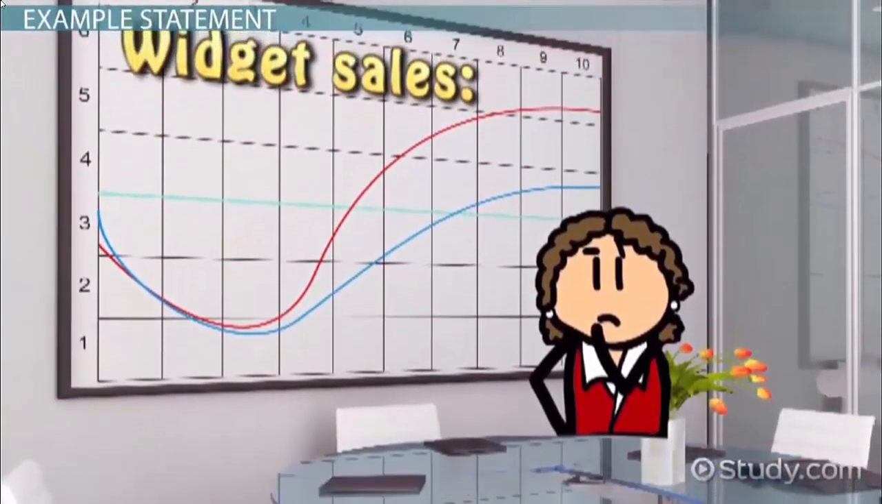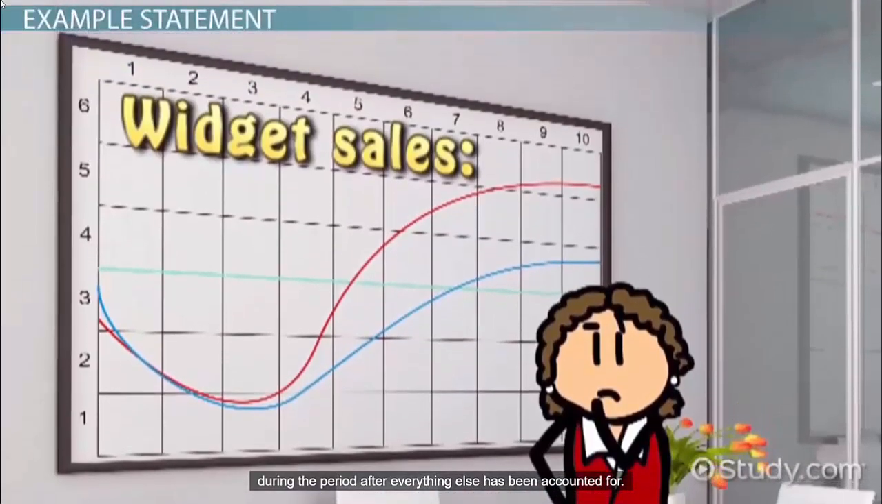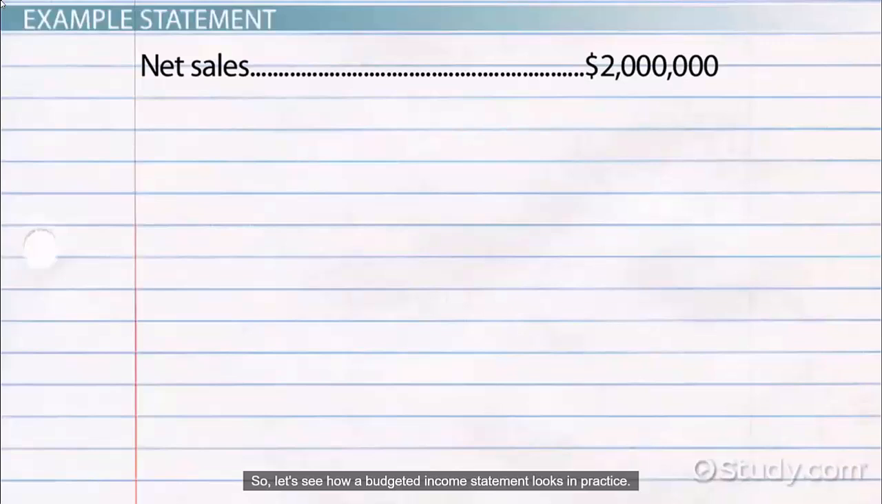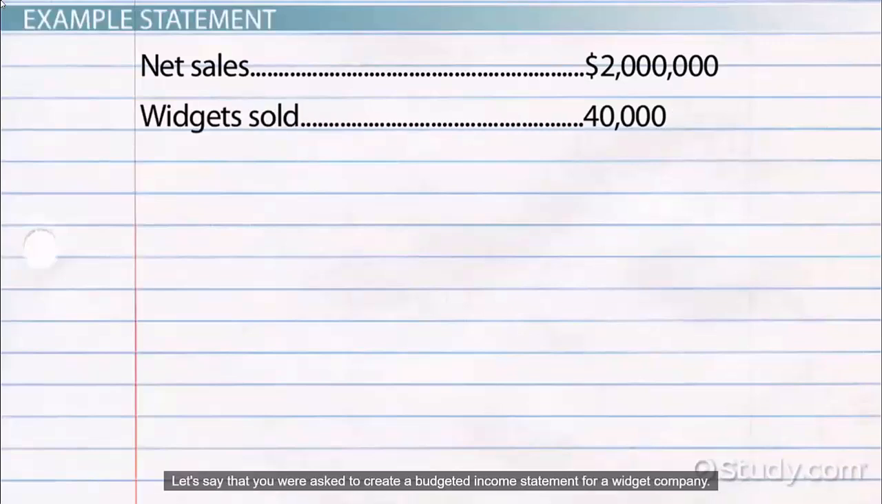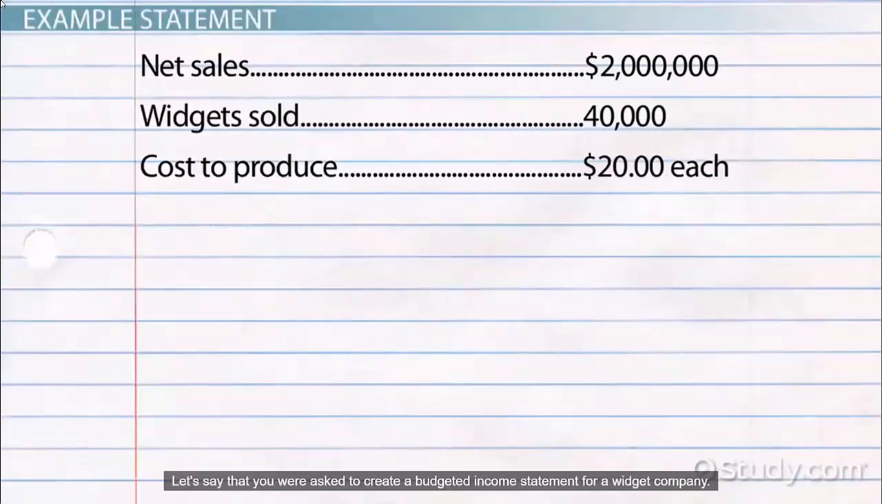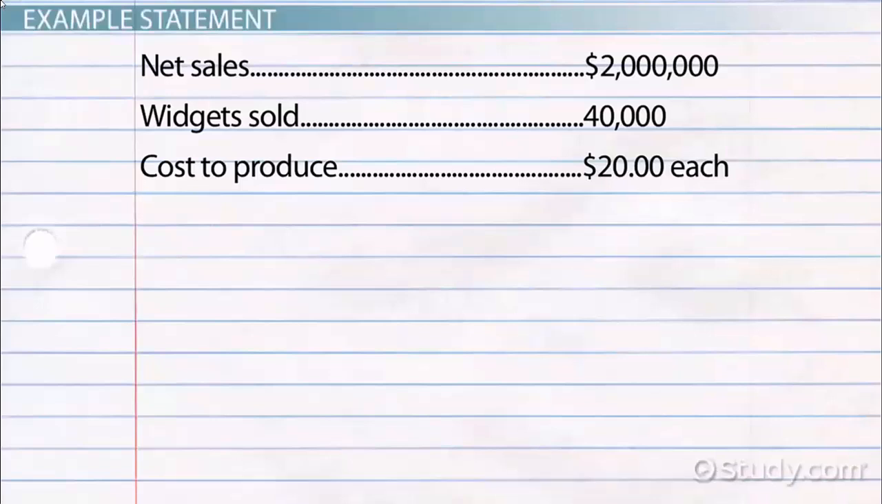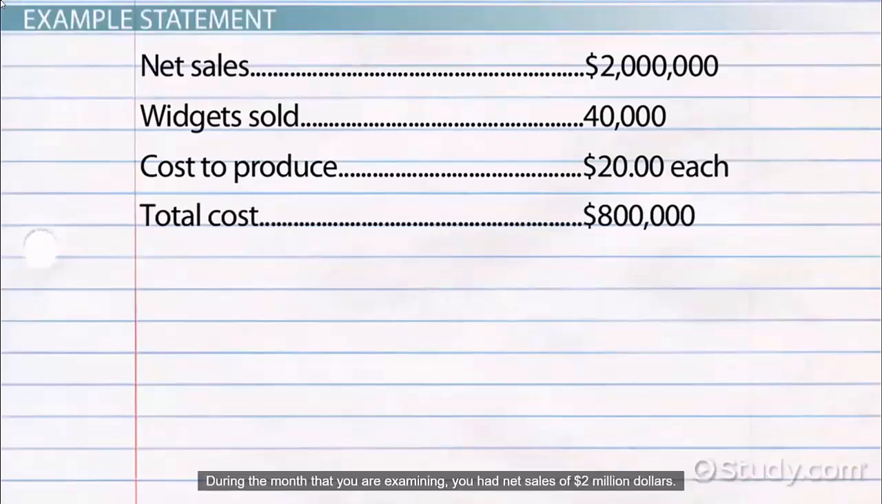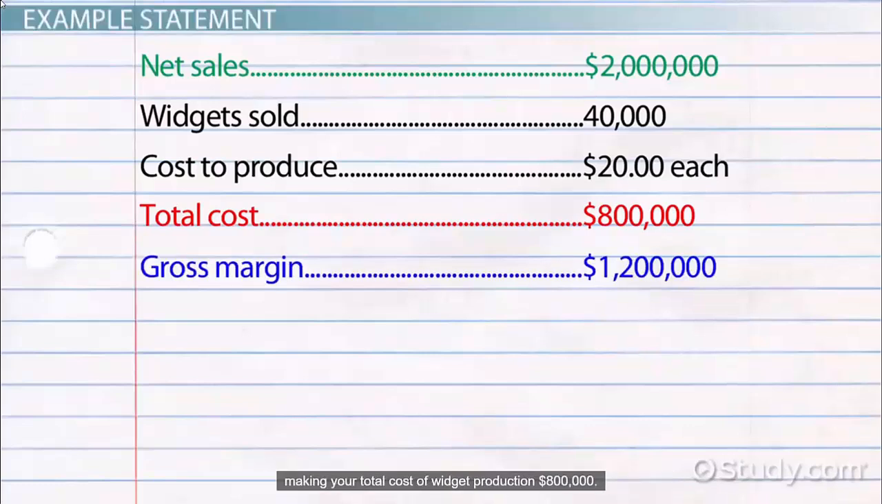Let's say that you were asked to create a budgeted income statement for a widget company. During the month that you are examining, you had net sales of $2 million. You sold 40,000 widgets during that time, each of which cost $20 to produce, making your total cost of widget production $800,000. That means that you have to subtract $800,000 from that $2 million to get $1.2 million, which is